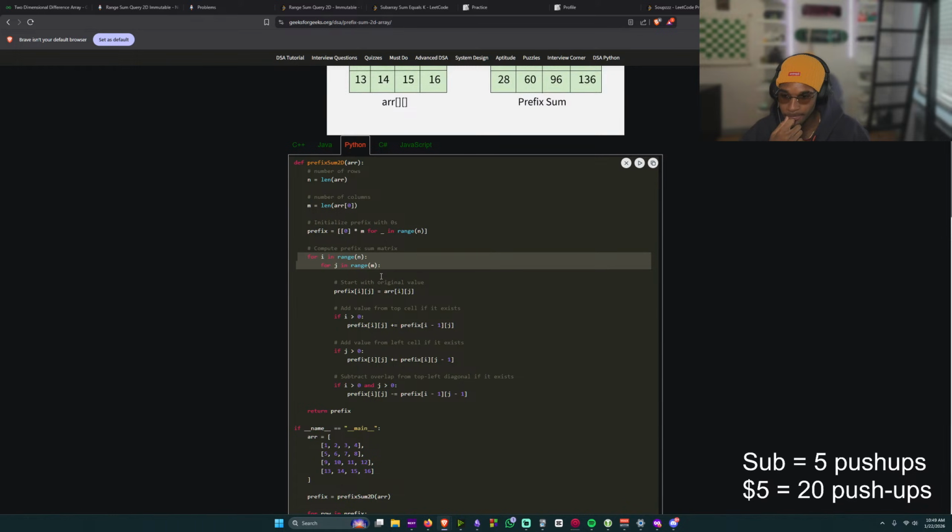Okay. Add the value from the top cell if it exists.